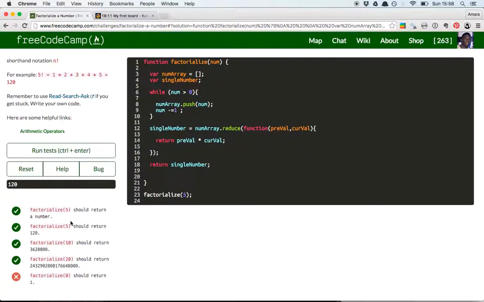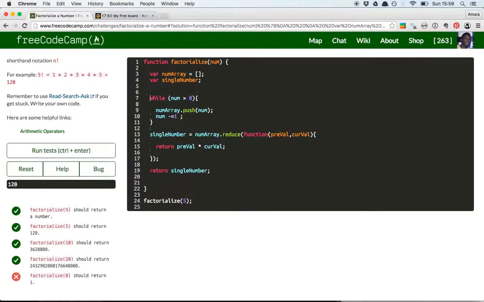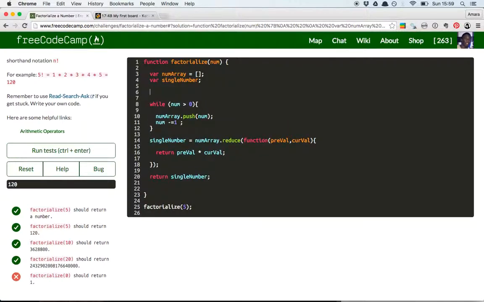Okay, so it seemed to work for the first 4, and it's not worked for 0. What we've done here is we've not accounted for the fact that the factorial of 0 is always 1. To do that, we would need an if statement. So what we need to do is start with an if statement to account for all the numbers that are